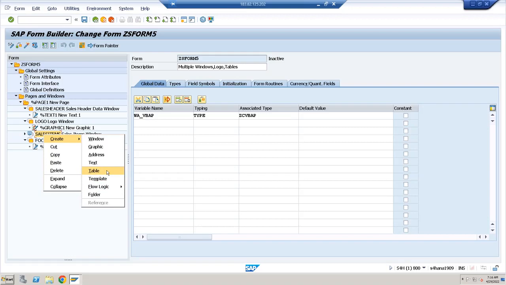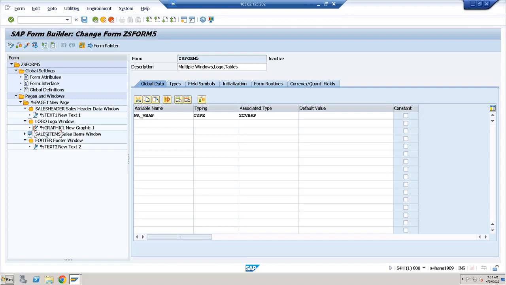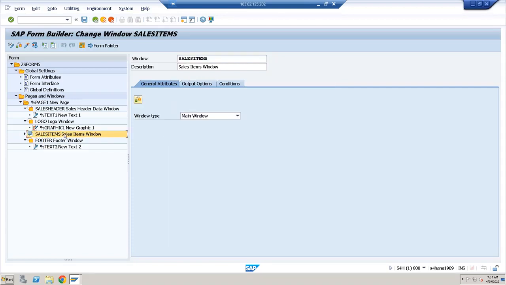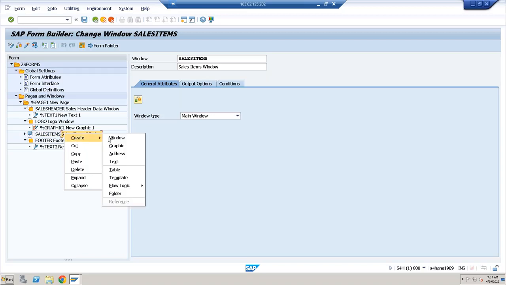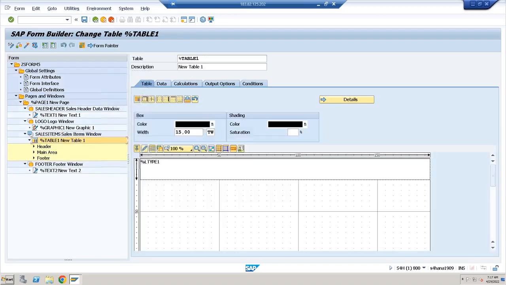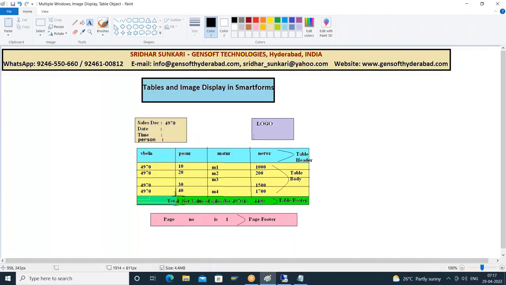Whenever we create the table, what happens? Three sub objects get created as part of the table: header, main area, and footer. This is the main window, right? So I'll right click on this and create the table. So three objects got created. Okay, at the table level, yesterday in the table type we saw that by default we have one line type which has one cell. So if you see this here,